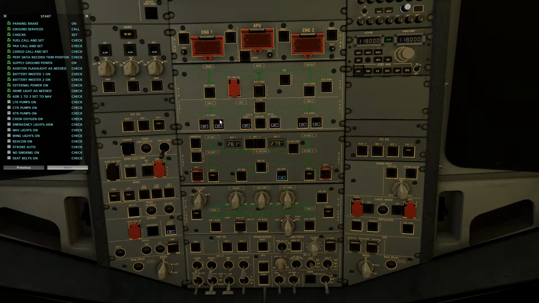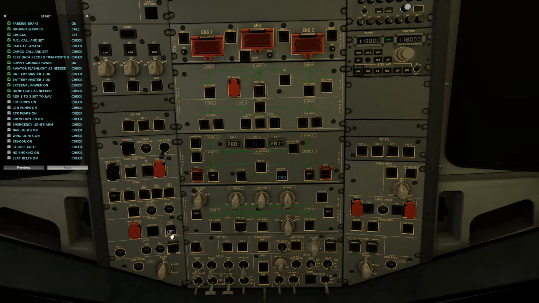Check. LTK pumps on. Alright, so the next series, when you see anything that has a white light on it, it indicates that normally the instruments in the plane are dark if everything is set correctly. So if you see things with either blue lights, green lights, white lights, that means that they're either manually set or they need to be set. When they're in the white position, it means that they need to be turned on according to your current configuration. So we're just going to turn on these pumps up here